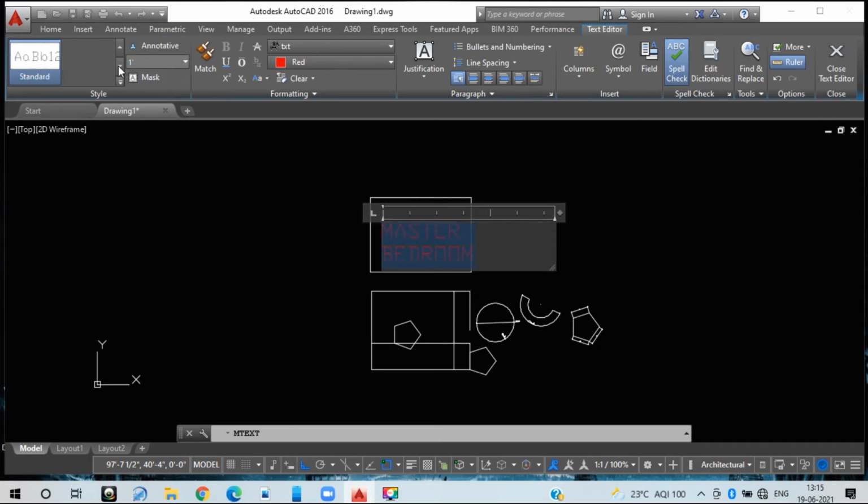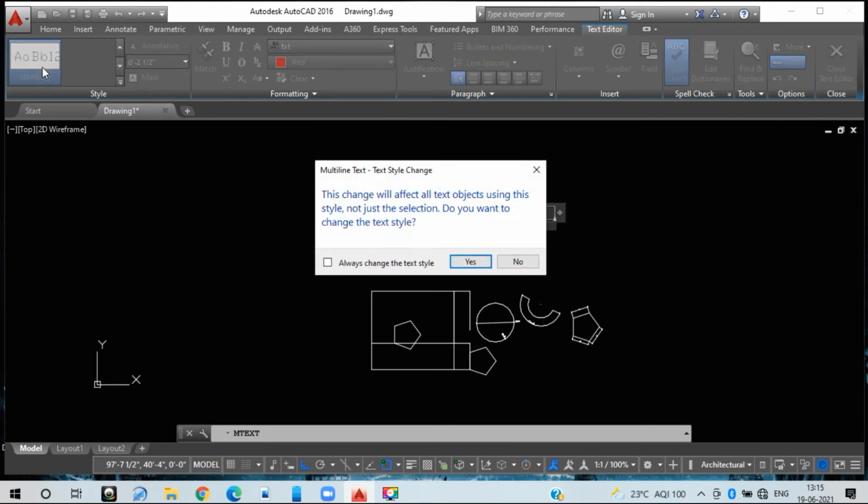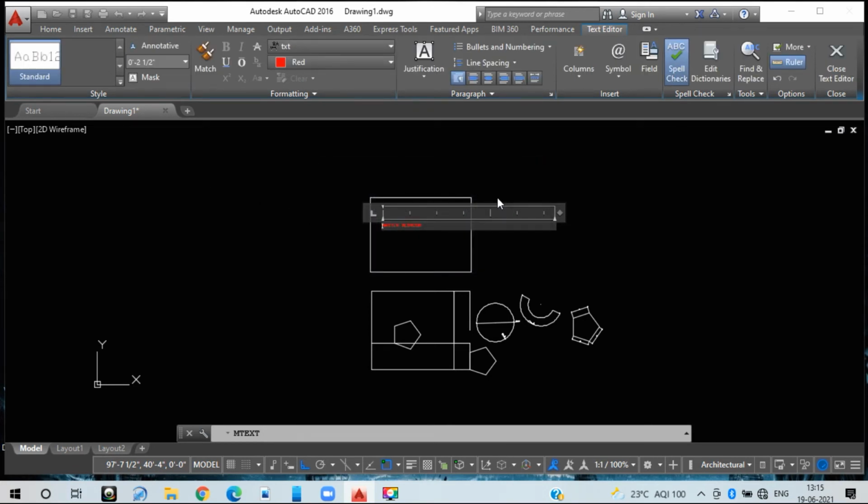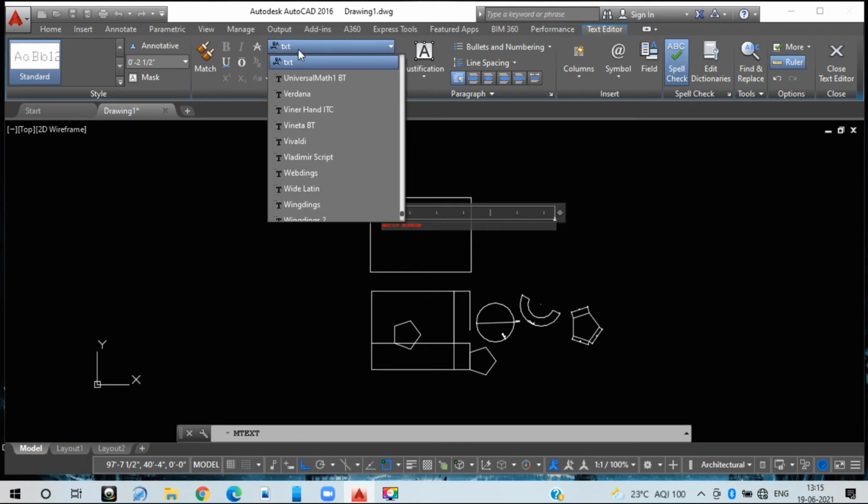Again, if you want to change your text style, you can go and change your text style. Whether you require any Bharati or anything else, you are going to get the styles over there. So you can go and change your styles also, right? It is there. If you want Times New Roman, just type TIM.